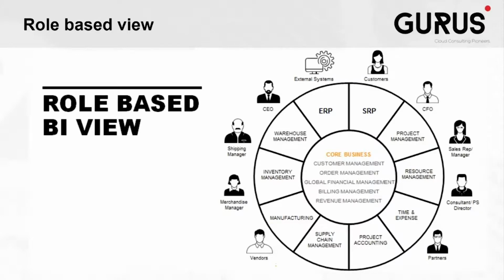NetSuite's role-based business intelligence allows your organization to control who sees what information within the system and how. Due to all these roles using the same database, everyone will have the most up-to-date information in real time. However, we have the control to restrict access to information as necessary. For instance, a sales rep may only be able to see their own customers, whereas a CEO or CFO would have a global view of all financials in the organization. The advantage here is that each department relies on the same up-to-date data instead of working in silos, which increases productivity and reduces the errors that come with duplicating data across departmental databases that exist in other systems.